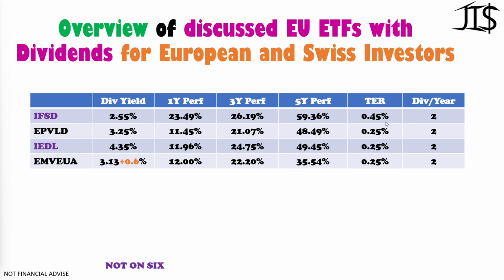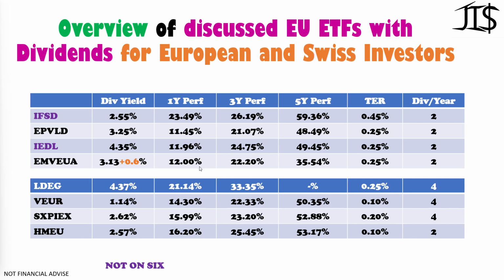But I couldn't end like this, of course, so what I like to do is compare them to other ETFs that I like for European companies. And as you know, my wife and I, we invest into the LDEG one, and that's the LNG Quality Dividend ESG ETF from LNG. And that one has a dividend yield of 4.37%, and also the 1 year performance, okay, it's lagging a bit behind, but if you look at the dividend yield, you make up for that, of course.